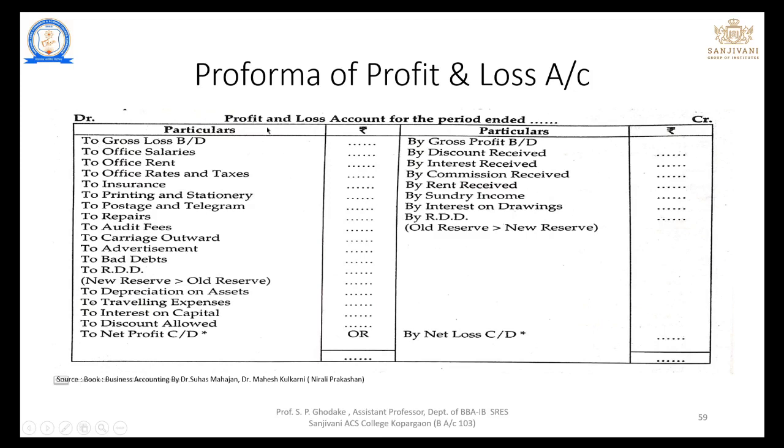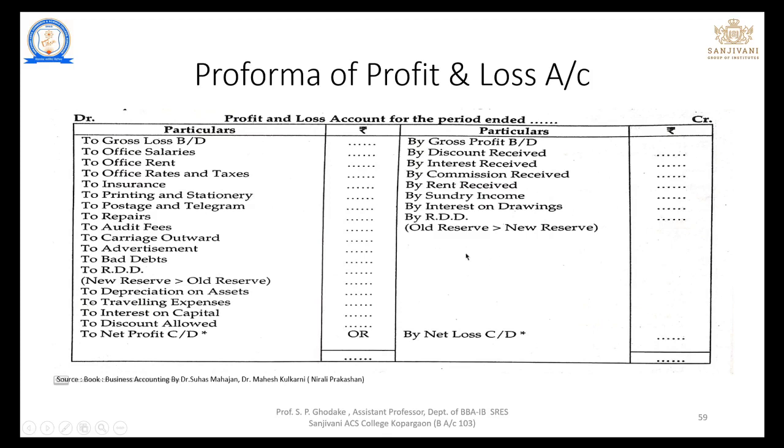And if the debit side of a profit and loss account is 1 lakh, and it is larger than the credit side, that is, on the credit side we have 70,000, so here we can write 1 lakh minus 70,000, there will be 30,000, that is called a net loss. So if there is a net profit, it will be added to the balance sheet capital, and if it is a net loss, then it will be deducted from the capital of the company. So this is the pro forma of the profit and loss account.